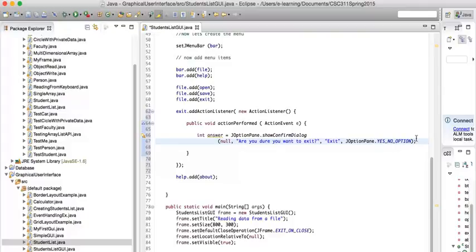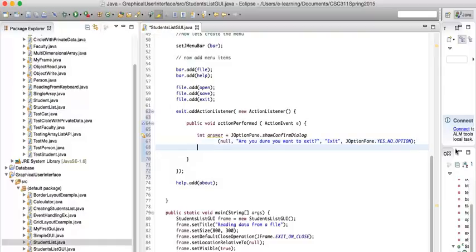The thing is either yes or no. Whatever. If you choose no, of course that doesn't exit. If it's yes, it would exit. How would you do that? You have to use an if statement. So you say if, after that you say if the answer, which is this one, that is the answer,